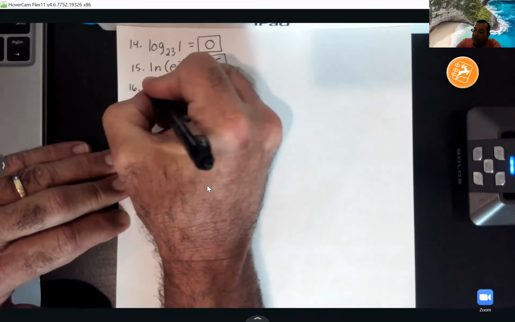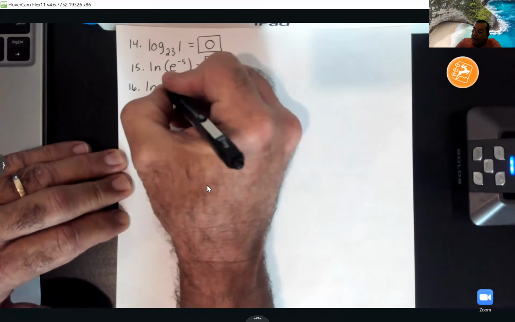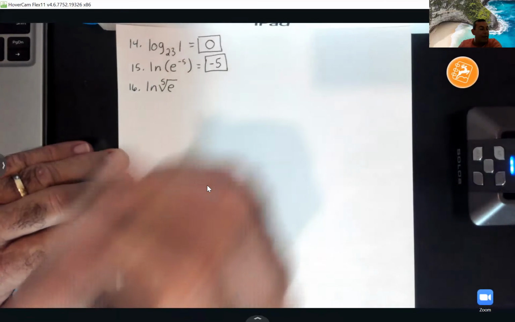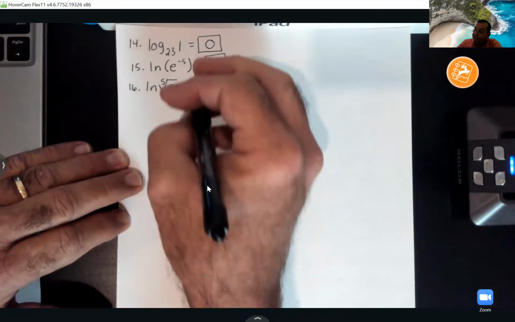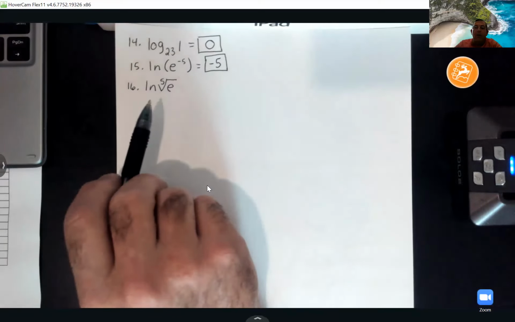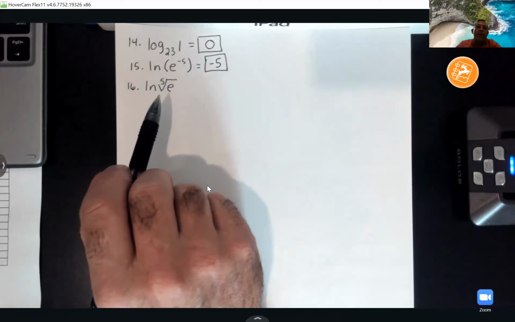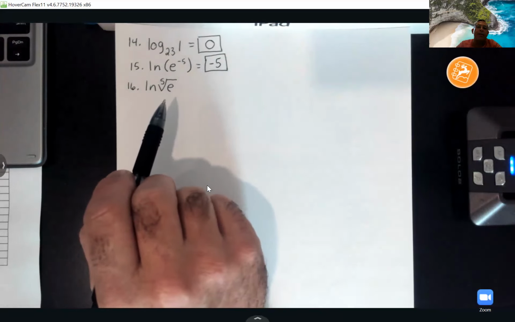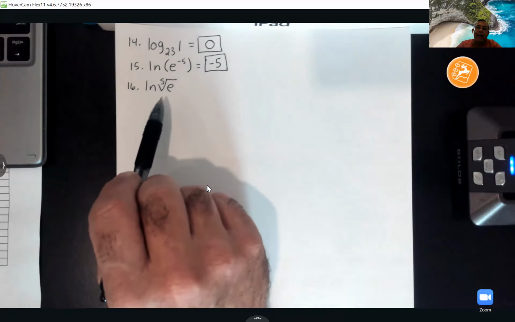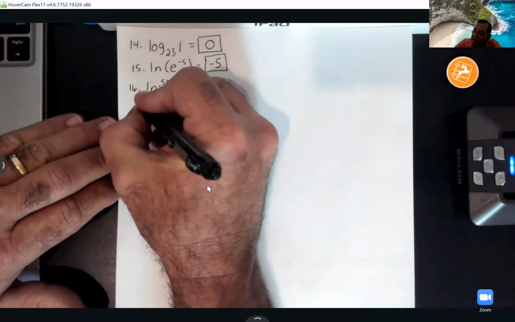All right, y'all try this one. ln of the 5th root of e. So I'll show you 2 ways to do this. First way, I can punch it in on my calculator where it looks like that. The second way,